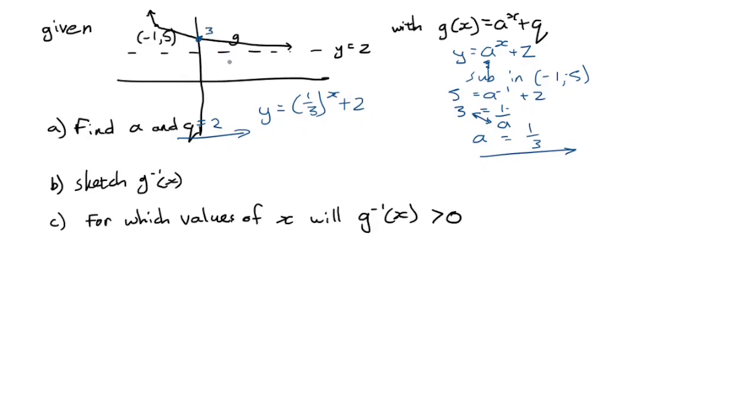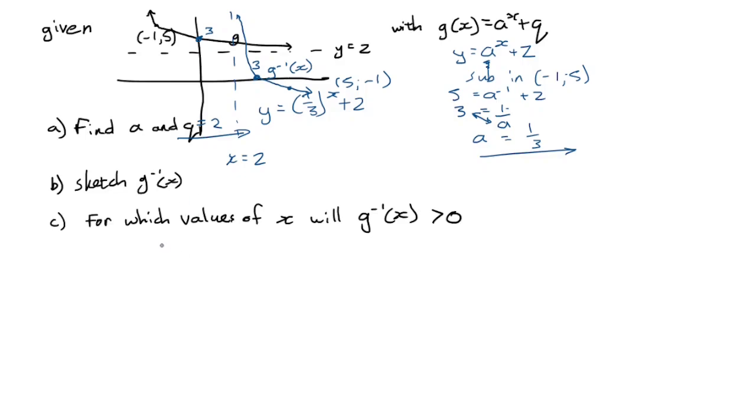And so to sketch the inverse, I'm just going to swap everything. If the y-asymptote is 2, now the x-asymptote is 2. If the y-intercept was 3, now the x-intercept is 3. If the point was minus 1, 5, now it will be 5 across and minus 1. And if I play dot to dot, it goes like that, and I'm following the blue asymptote, and so it will look something like that. So here's the equation now of the